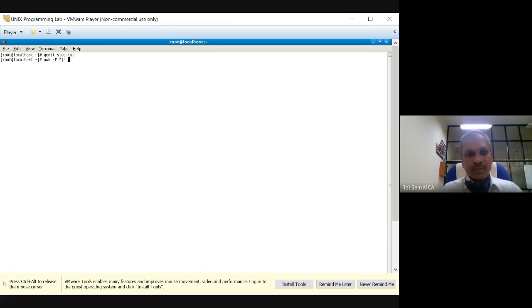Now our syntax for awk says that whatever we have as a selection criteria or action should be in single quotes. Now what is the selection criteria? Int, which field is it? Fifth field.